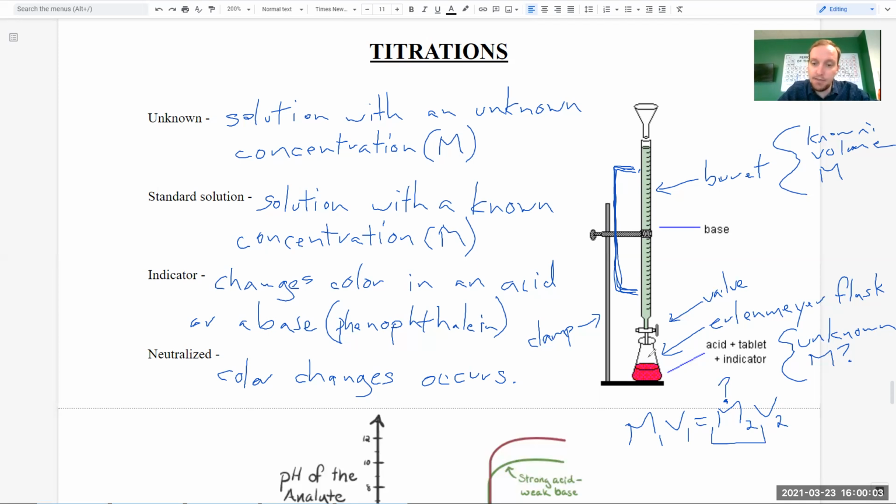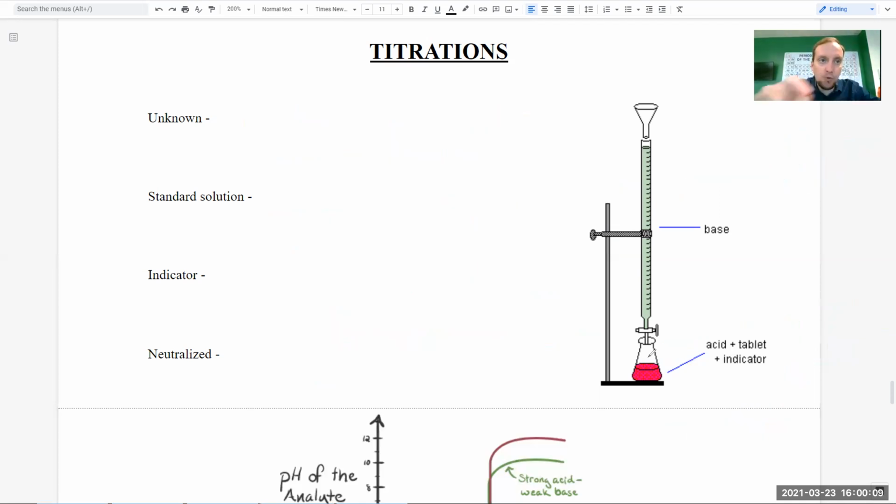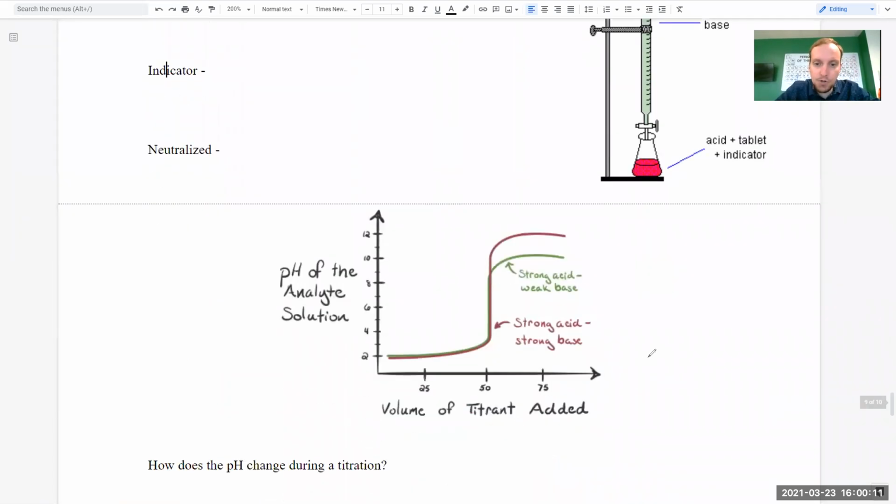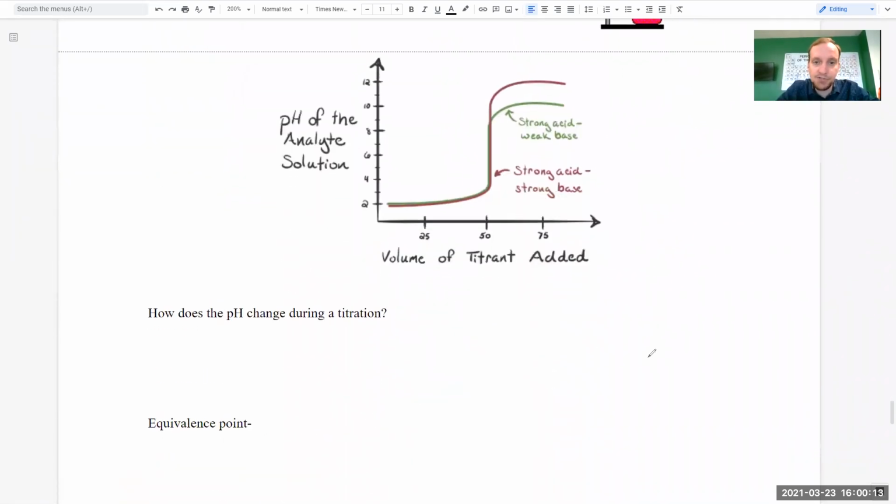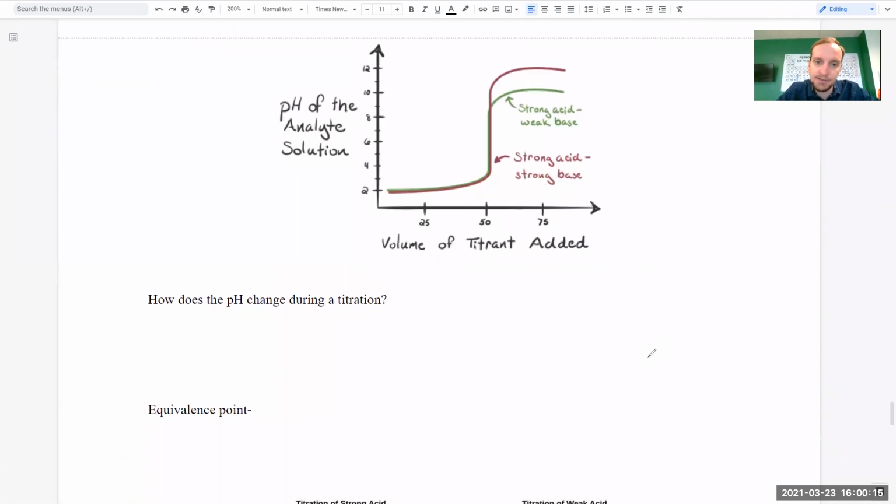And we're just going to find the molarity of the unknown solution. So to do that, let's go ahead and go through a little bit more theory. The graphs that result from a titration look just like this. And this makes a lot of sense if you think about it, because what we're doing here is we're starting